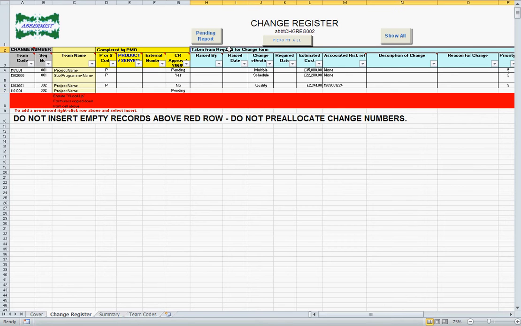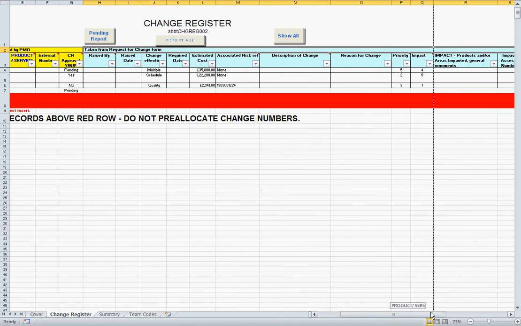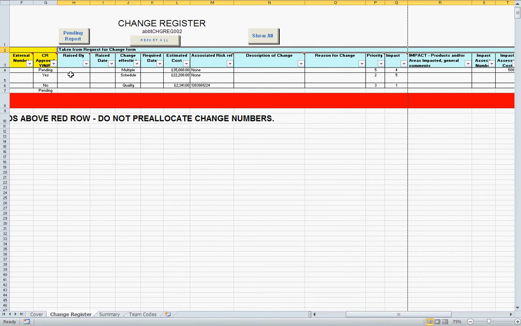This section, defining the change, allows us to input who it's raised by, when it was raised, what type of change it is, whether it's affecting cost, schedule, resource, quality, or all of those things, or a selection of those things, when it's required to be done by, how much is estimated to cost, any associated risk reference number, and then a description and the